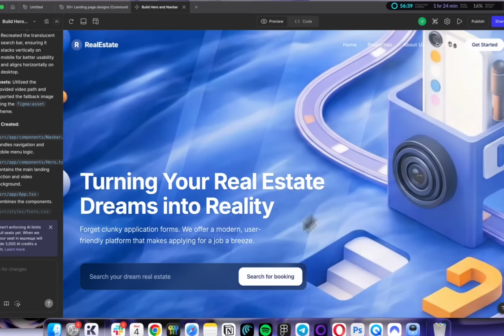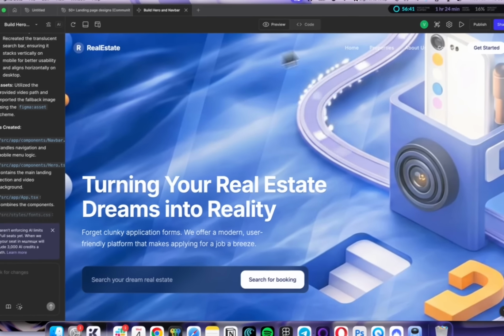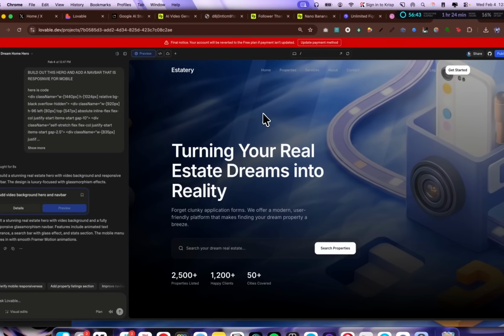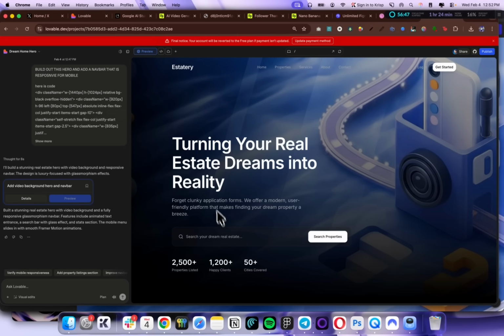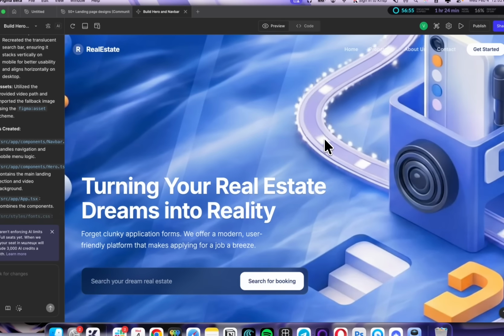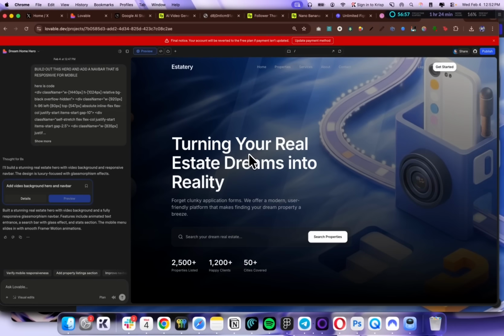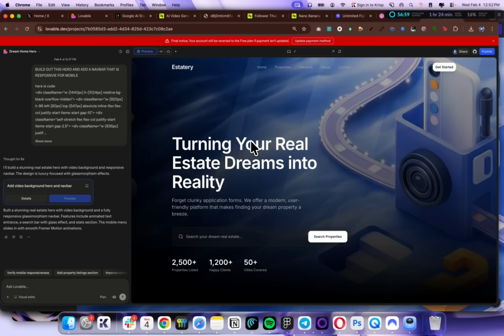As you can see, it's pretty similar, although, yeah, it added the navbar and stuff like that. And this is the result that we got from Lovable. It added an overlay. For some reason, it thought that the video might not be very great to read, or the text. So I do like Figma more, the one closer to the original version. And yeah, so this is how you can create the hero section quickly, and then you can build the rest